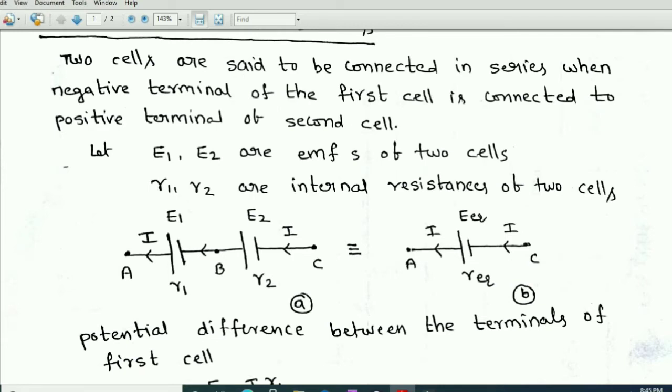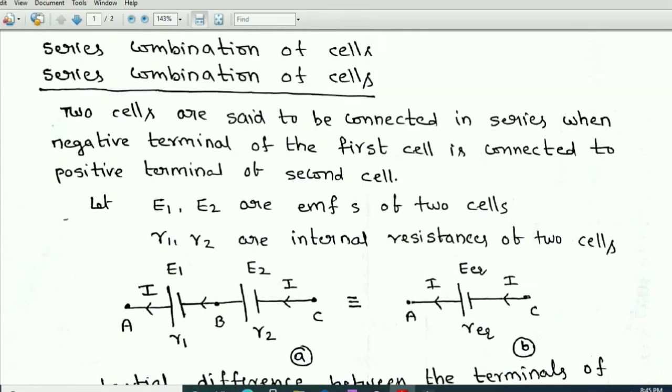Now this is the direction of electric current. So now we have shown from C to A. We have shown from C to A because the electric current direction outside the circuit is from positive terminal to negative terminal, because electrons move from negative terminal to positive terminal. So in the opposite direction, we generally take the direction of electric current. So now this is the direction of electric current from C to A.